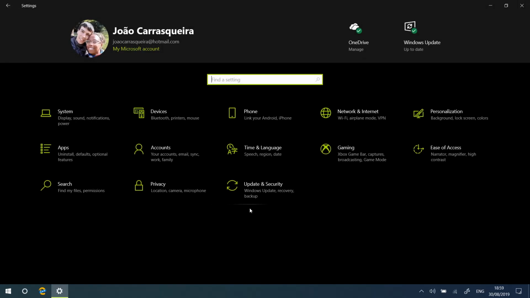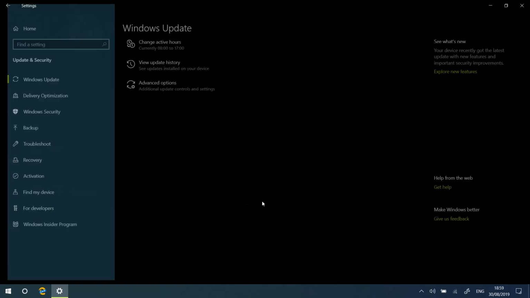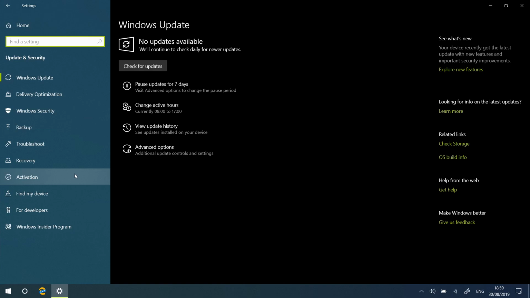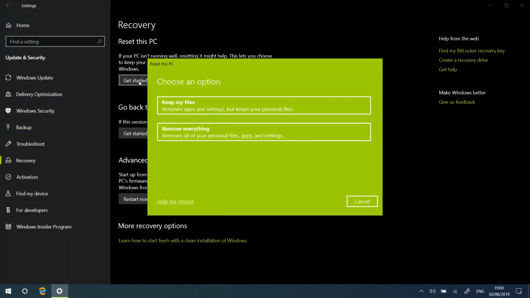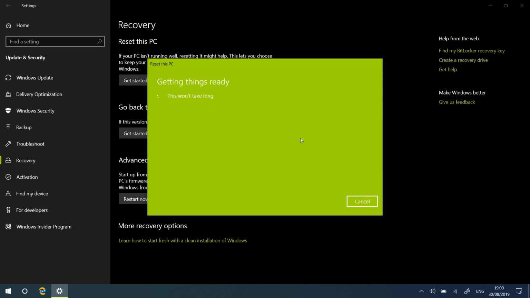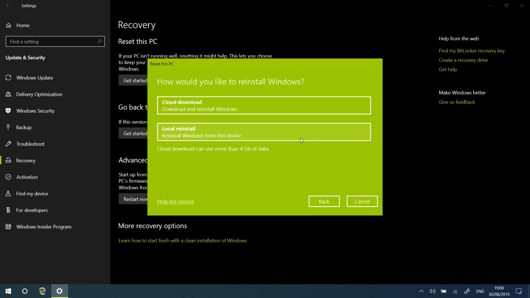Now the biggest change that's been made to the settings app is in the recovery settings. So if you reset your PC, usually what it does is it will use the files you have on your computer and try to create a new Windows installation and delete all your files and apps and just keep the Windows system itself. Now, if your system is corrupted, or if there's something wrong, or if you just don't want to use your local files, you can actually download a new copy of